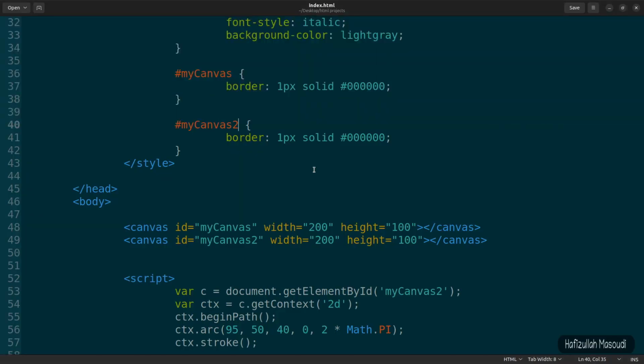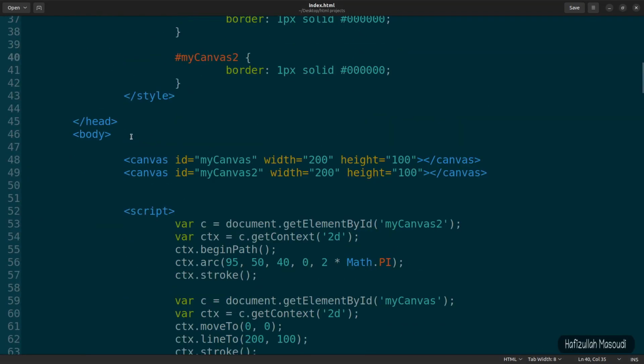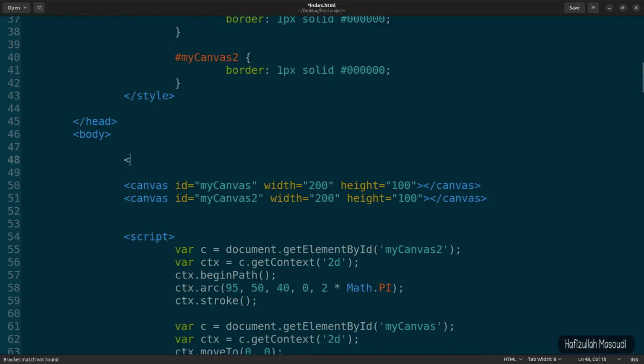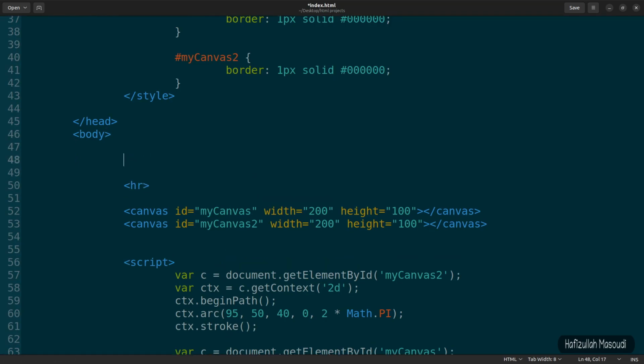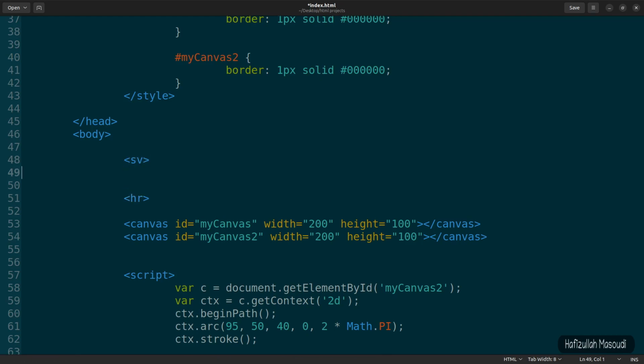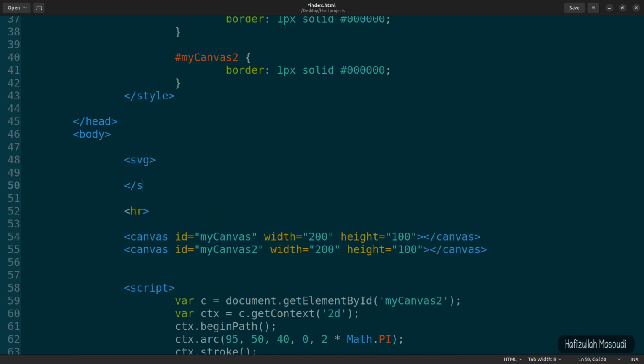So let's get back to our text editor, and what I will do is put an HR here. Let's put one, and in here let's create an SVG element. So this should be svg, and let's close it. Inside here what we want to do is draw a circle, but before that let's also declare a width and height for this SVG. So let's say width should be 100, and height should also be 100. And to create a circle we can use the circle element. So let's say circle,